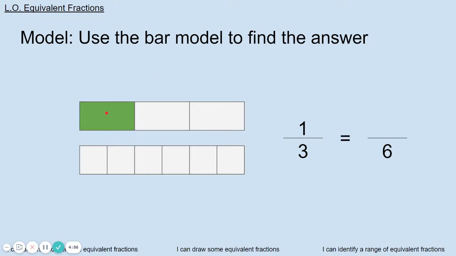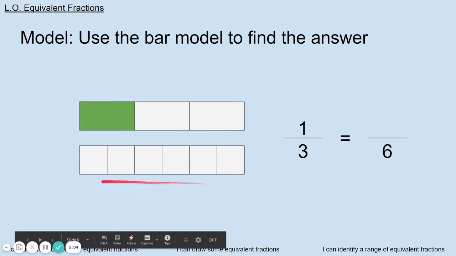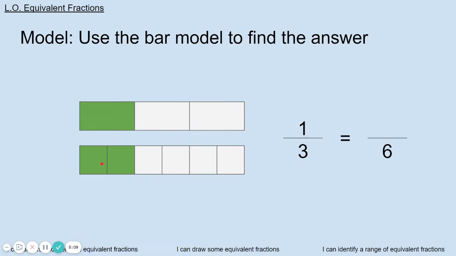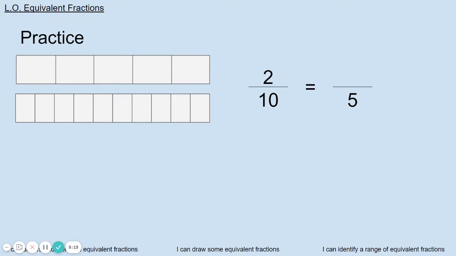So that is equivalent to how many? 1, 2, 3, 4, 5, 6. How many sixths? The denominator is 6. We know it's 6 equal parts. That is equal to 2 sixths. Boom. And here's a practice for you. Practice with that one. See if you get that right. Pause the video. If not,